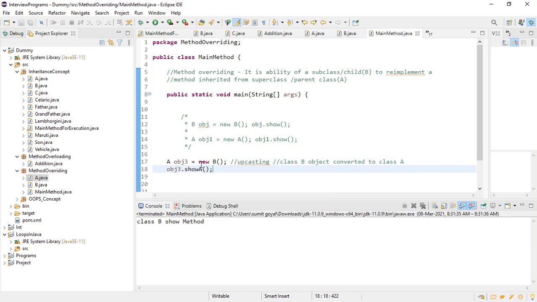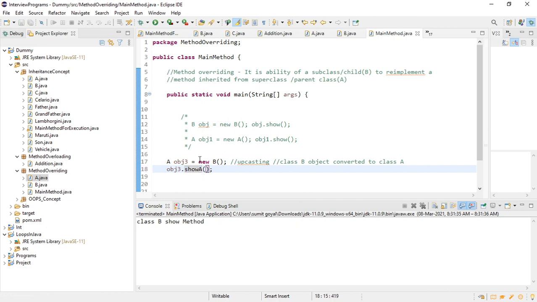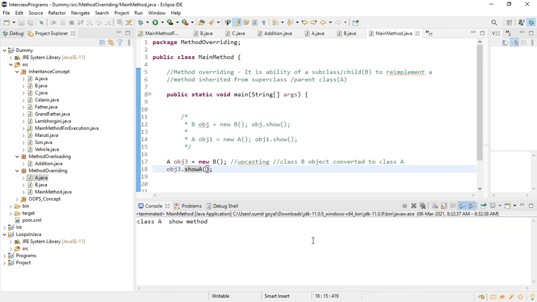right? So now you can see the class B object is converted to a class A object. So we are only going to get the class A method name, right? If I write B here, it will give an error because this object is converted to a class A object. As it is converted to a class A object, class A will only have one method, which is show A, right? So it is fine here, and it will run class A. It will run fine, that is not an issue.